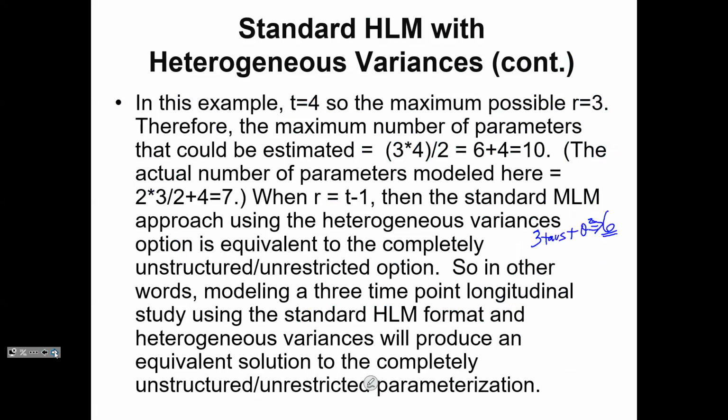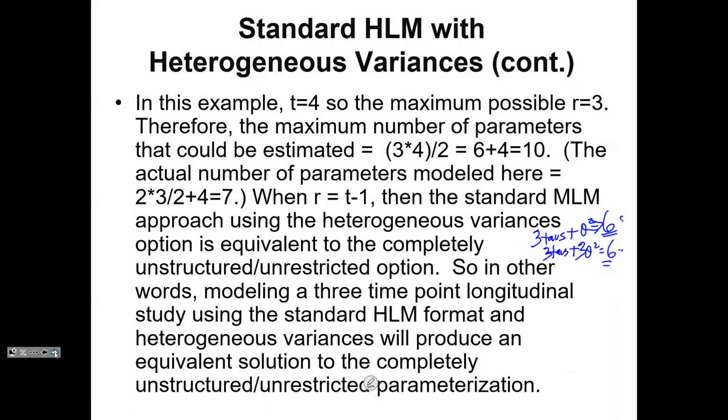But here's an interesting thing. I could allow for those variances to be heterogeneous across time. If I do that, then I would actually have 3 taus plus how many sigma squareds? If I have 3 time points, I'm going to have how many sigma squareds if I allow them to vary across time? 3. So 3 taus plus 3 sigma squareds is equal to 6. 6 is equal to 6. So now I am completely just identified, which means